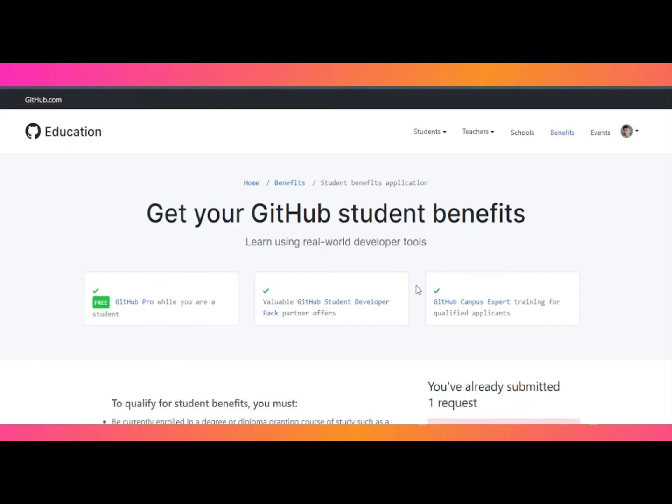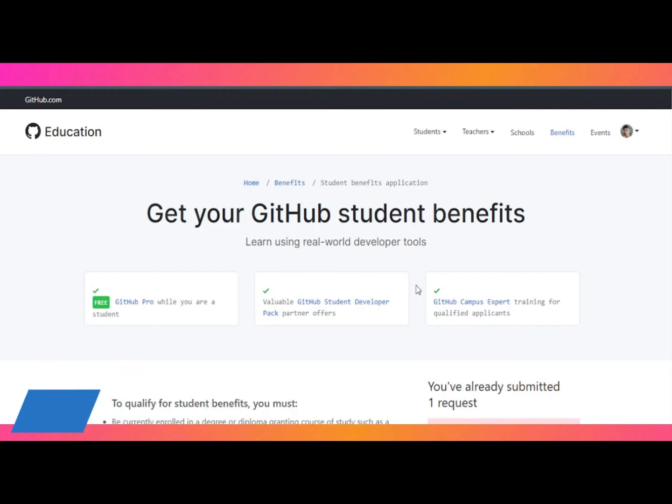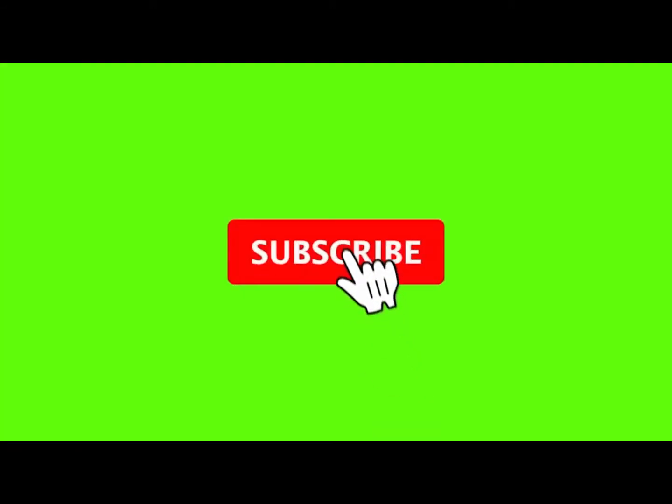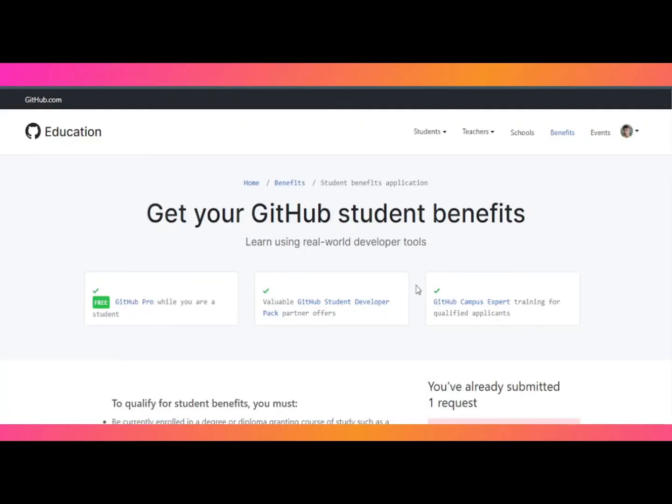After the application is submitted, they review your application within 2 weeks, and if you are eligible, you will get an approval email from GitHub and you will have access to all the offers. It approximately takes 2 weeks to review your application.